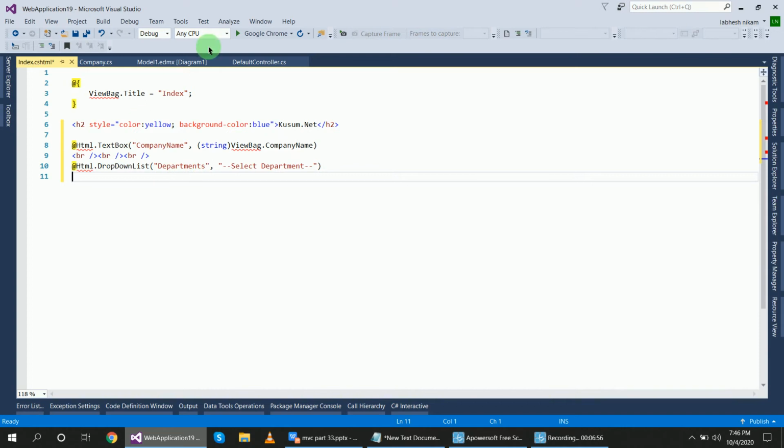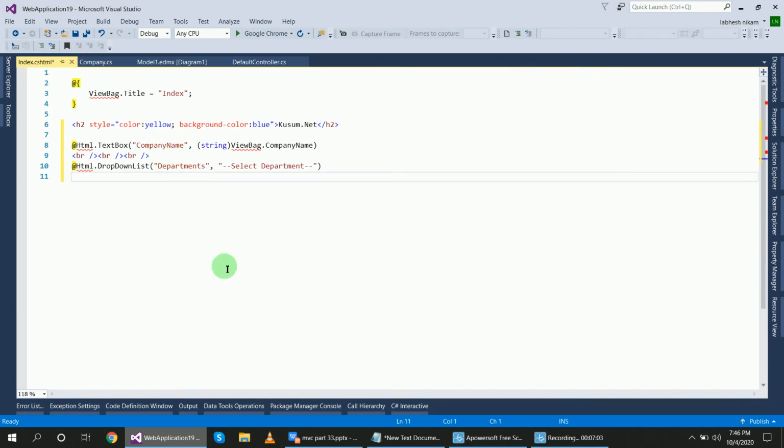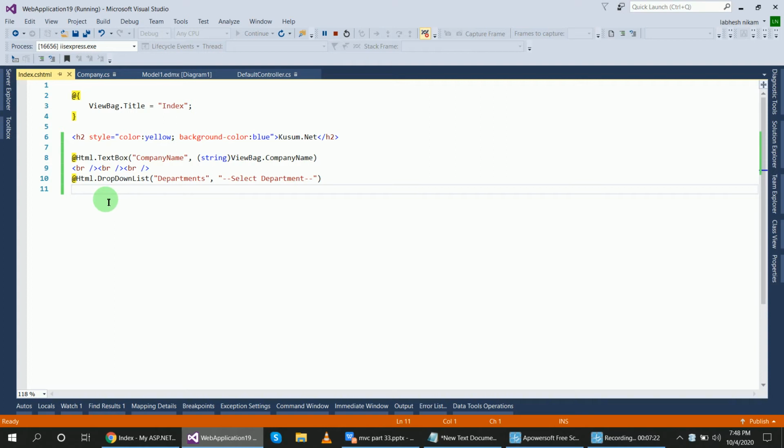Here is Departments and here CompanyName, and here also CompanyName. It's okay, no problem. Now let's check the output. Why is this error generated? The name Html does not exist in the current context. You can see here the text box and drop-down list, the name property, and this optional label.